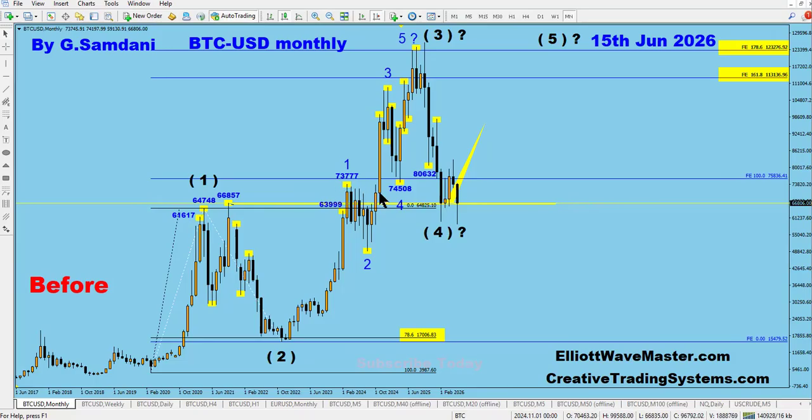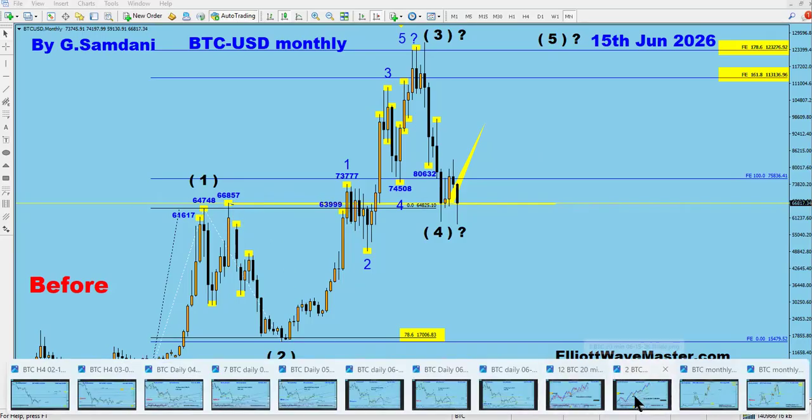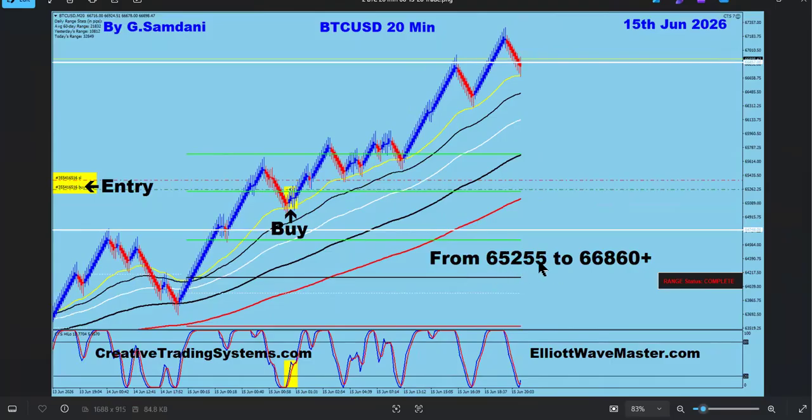And thank God it's not 666. It's a tiny number. And then this is 74,508, which would be the next number, then 808, 600, whatever. So pay attention to this 66,857. We need to stay above this. And today, nice trade from 65,55 to 66,860. Well, 857 exactly, same thing. So I closed the trade right there, and I'm just watching where it goes from there.